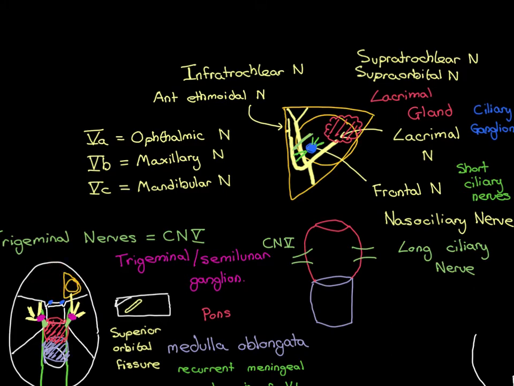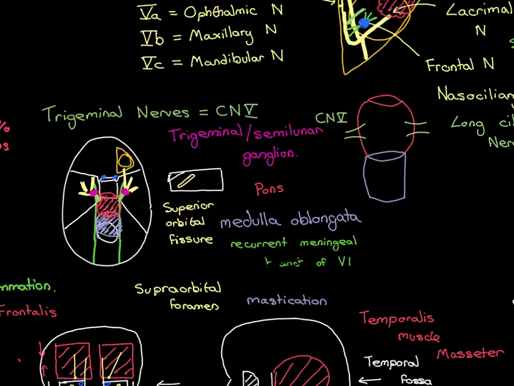In the anterior cranial fossa. Remember, here's the orbital cavity. It's now gone in here, and it's going upwards, so it's going to come out here. So we need to have a look a little bit more closely at the anatomy of the anterior cranial fossa,